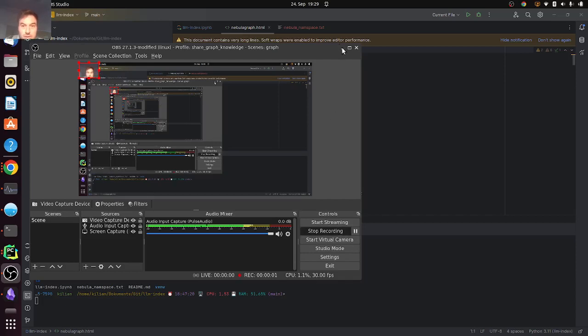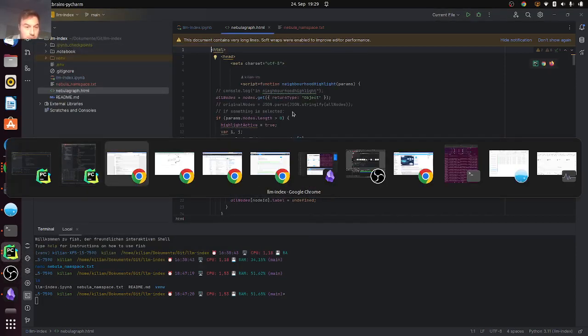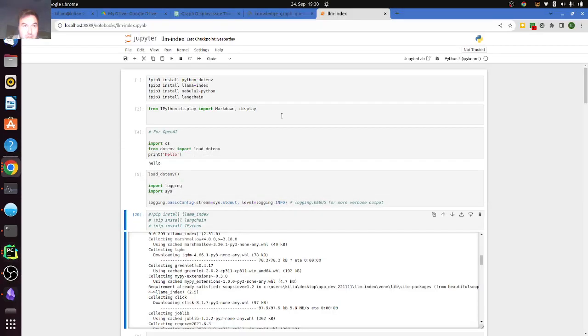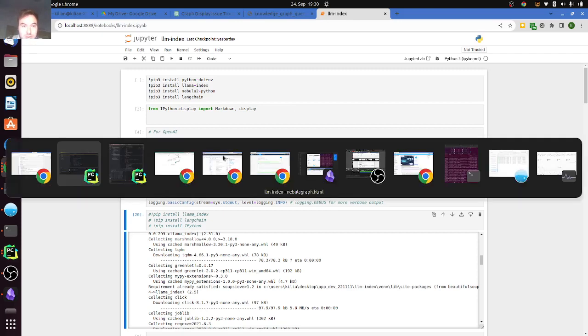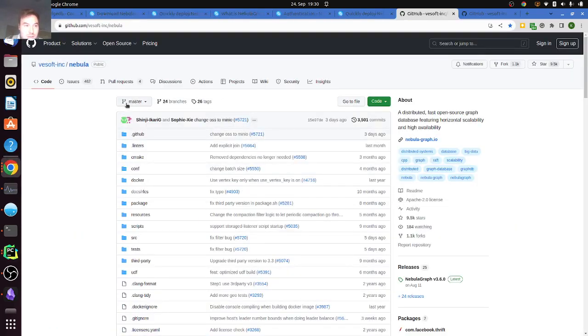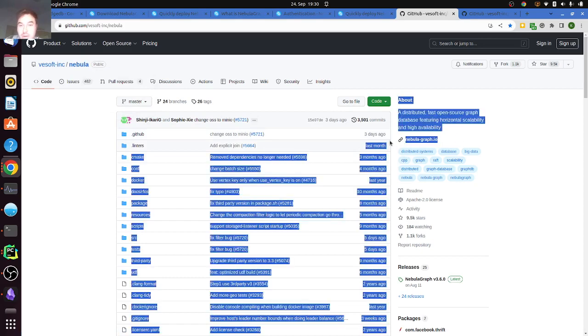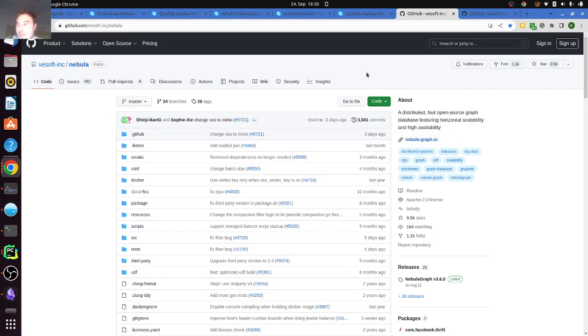Hey guys, so I just wanted to point out an interesting development. There's this company called Nebula. Sorry, I mean Vsoft Inc., and they created NebulaGraph. And I first came across it because I saw